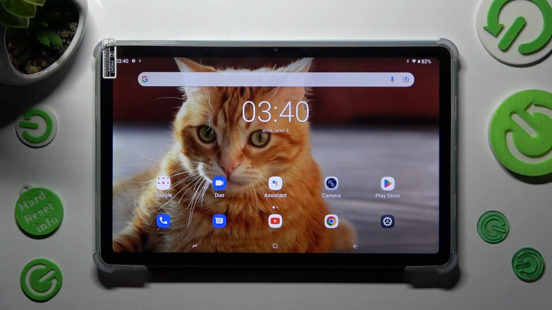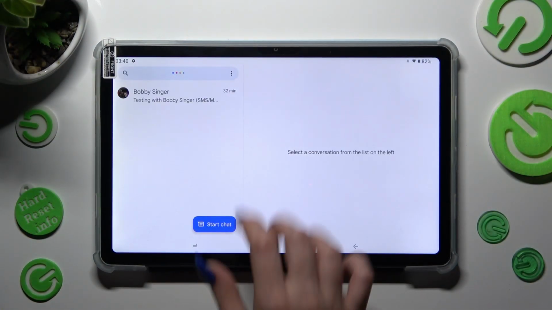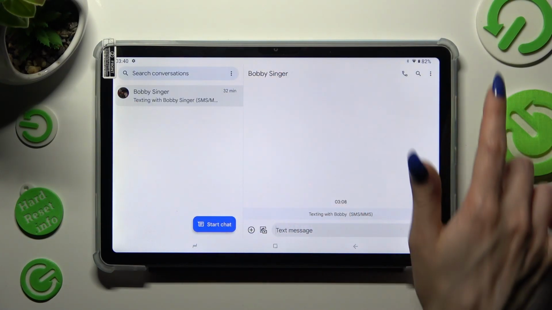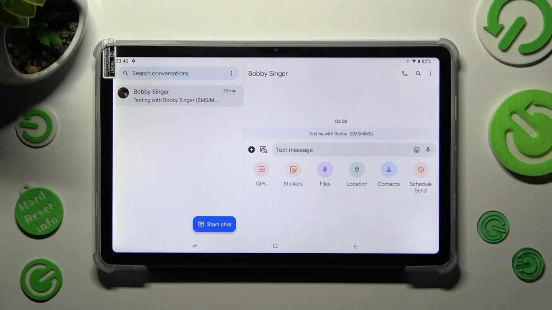First of all, open Messages app and select one of your chats. Then click on this plus icon at the bottom left corner of chat window. Now select Files section